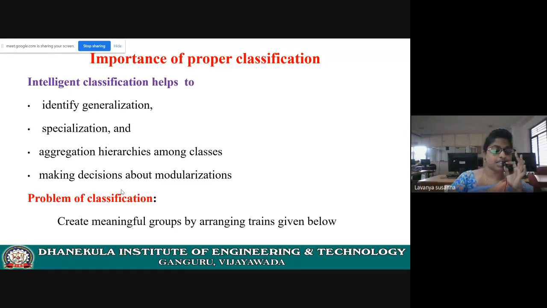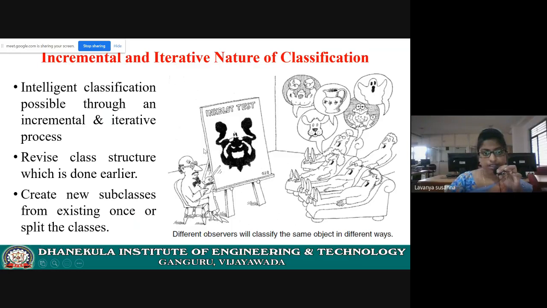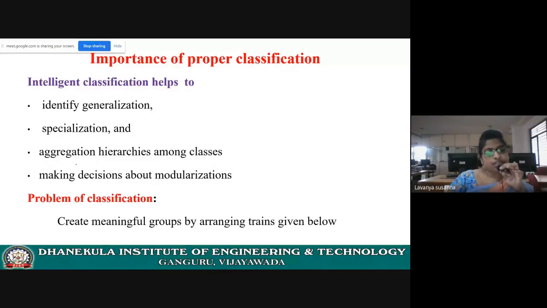Okay, see here, importance of classification. First you need to write the definition of classification, and then the importance of classification, and write down that this classification is not at all easy. It's really very hard. You need to explain why. Why is it so difficult? Take a simple problem and explain it, and justify it with complex systems. It is really hard to classify the classes of a complex system.